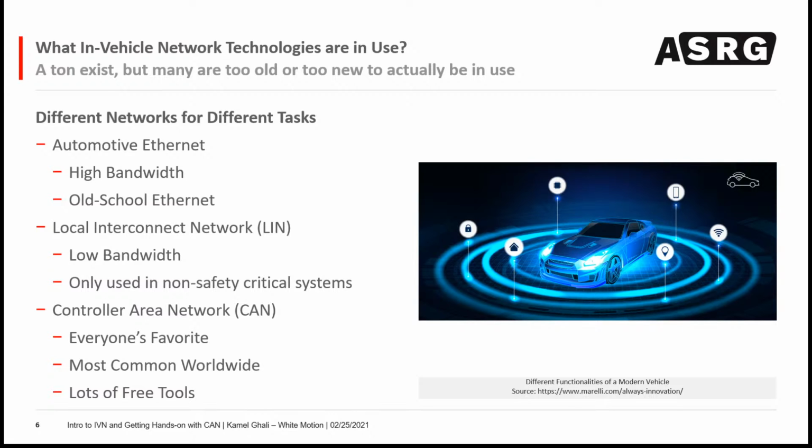Automotive Ethernet is a very new one. It's a very advanced in-vehicle network technology, and it is quite the controversial one. It has very high bandwidth. It's very similar to old school Ethernet, quote unquote, but it allows the automotive components to communicate with one another at very high speeds. So you'd see something like Ethernet in a situation where you have a lot of data